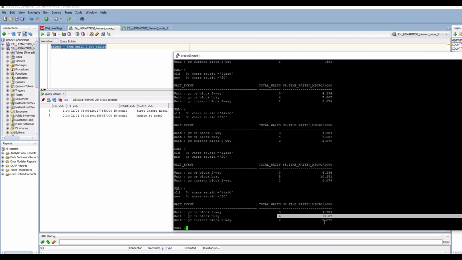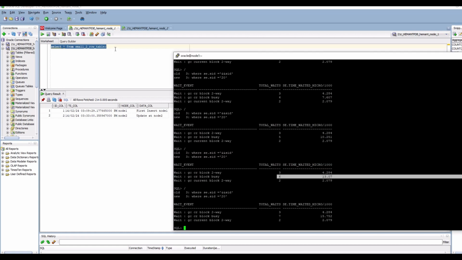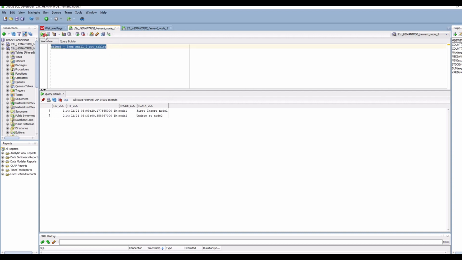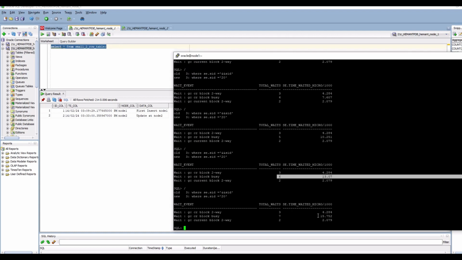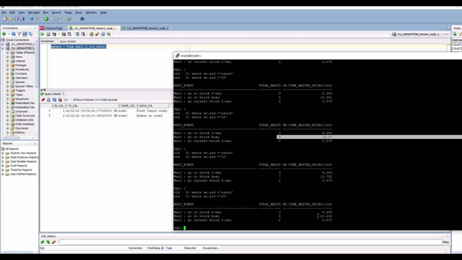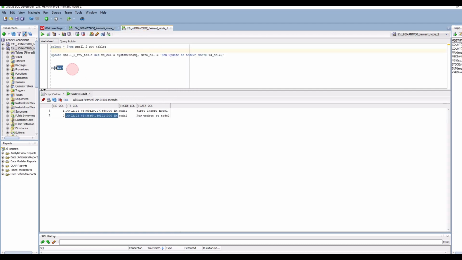Run the query again, 7. The query again, 8.